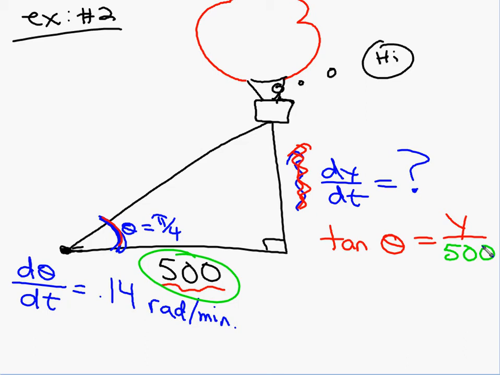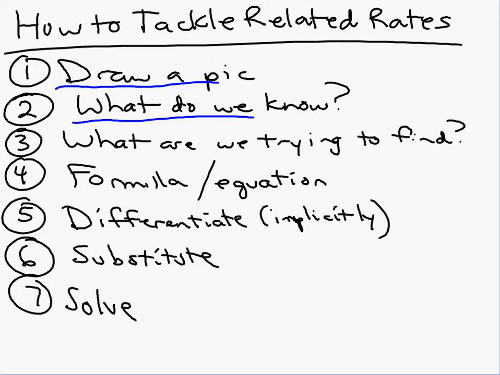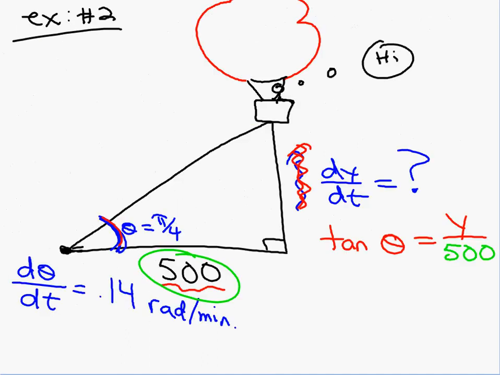And so, guess what? Look what step we're already on. We've done this, we've done this, we've done this, we've done this. Okay? So now we need to find the derivative. The derivative of tangent is secant squared theta. But remember, we are doing this implicitly, so it is times d theta dt